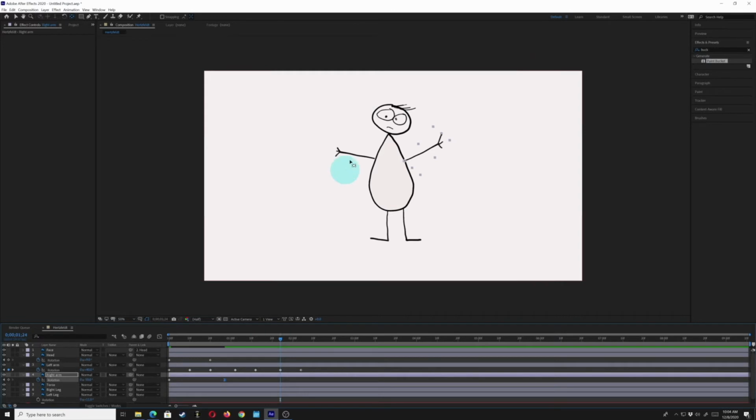So if I want to use the puppet pin tool now, it's sort of a rubber band style animation with this character. So say I did want his hand to wave with this. So the arm comes up, and I want his hand to go down as he's going up, then when it comes down, to go back up. I can use what's called the puppet pin tool. And the puppet pin tool